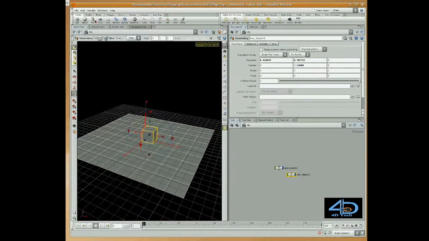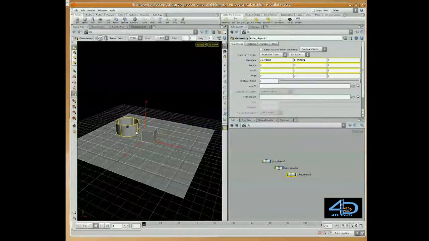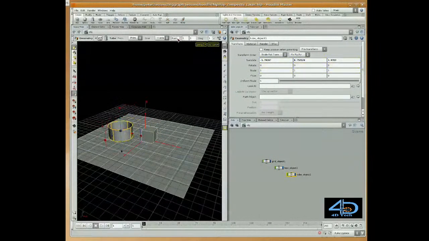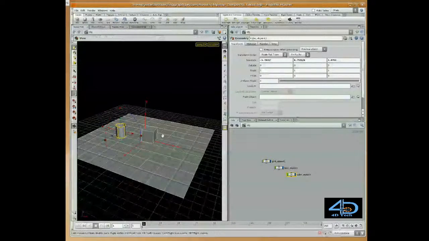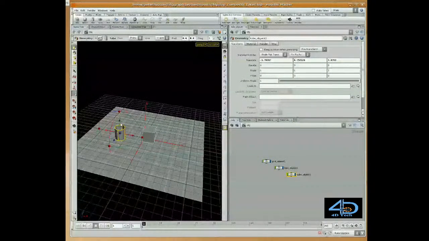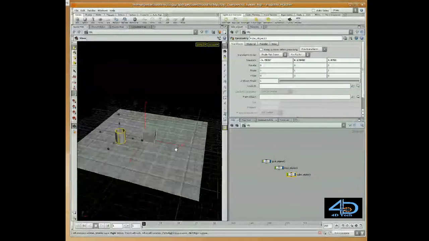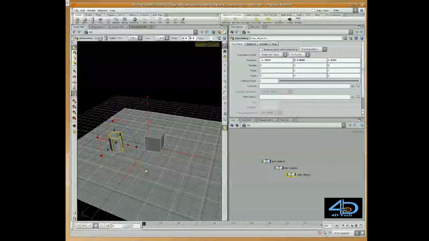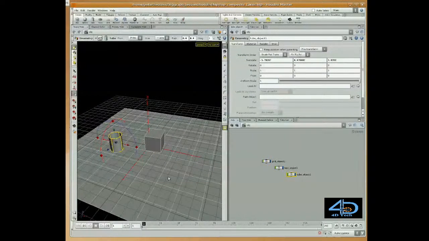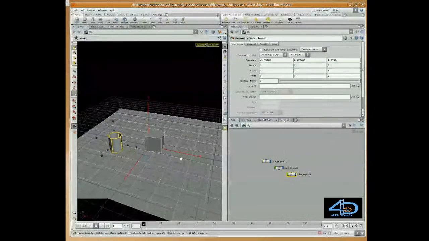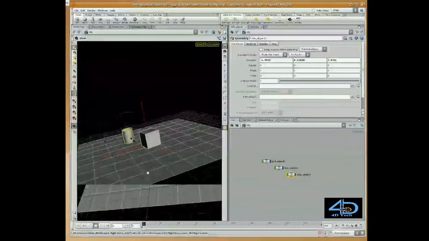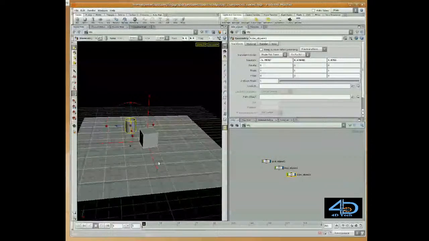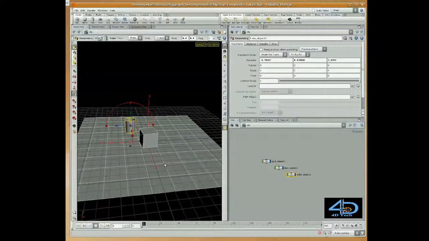rendering individual layers. So in this case, I'm going to quickly set up a small scenario with a couple of simple pieces of geometry that will allow me to establish a scenario for rendering a ground plane individually, a box, a tube, and then a shadow pass as well. As I'm working away at this, I'm taking advantage of the control key to quickly